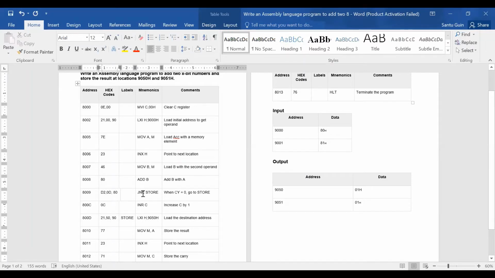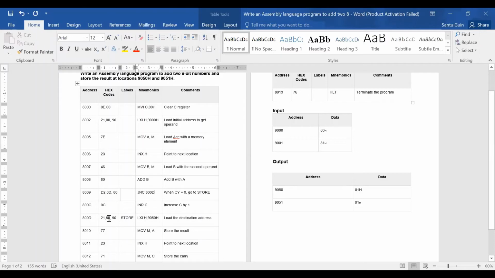Now after JNC, your memory address will be 800D. The code of JNC is D2 and 800D will be entered in reverse order. So 0D will be processed first, then 80. Then INR C is 0C, then LXI H, 9050.